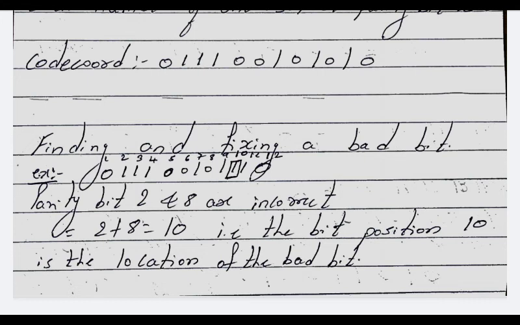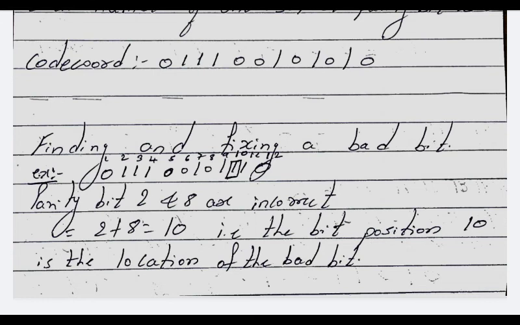Now the receiver has received this particular code word, in which the bit at position 10 has been changed from 0 to 1. Now you check it. For parity bit 1, the positions have been checked and it is right. No problem. Next, when checking parity bit 2, what positions do you have to check?